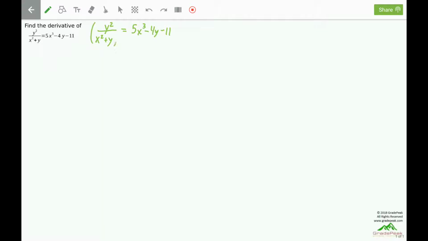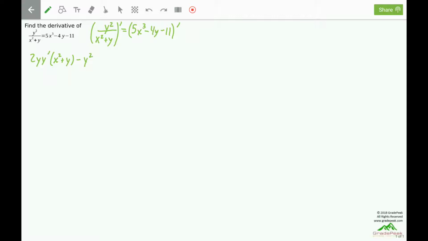This is done by taking the derivative of both sides with respect to x. I will indicate this by a prime on both sides. On the left side, we have a quotient rule. The derivative of the numerator, 2y, and then times the derivative of y, y prime, to complete the chain rule. Every time we take the derivative of a y term, we will have a y prime multiplying it to complete the chain rule. Derivative of the numerator times the denominator left alone